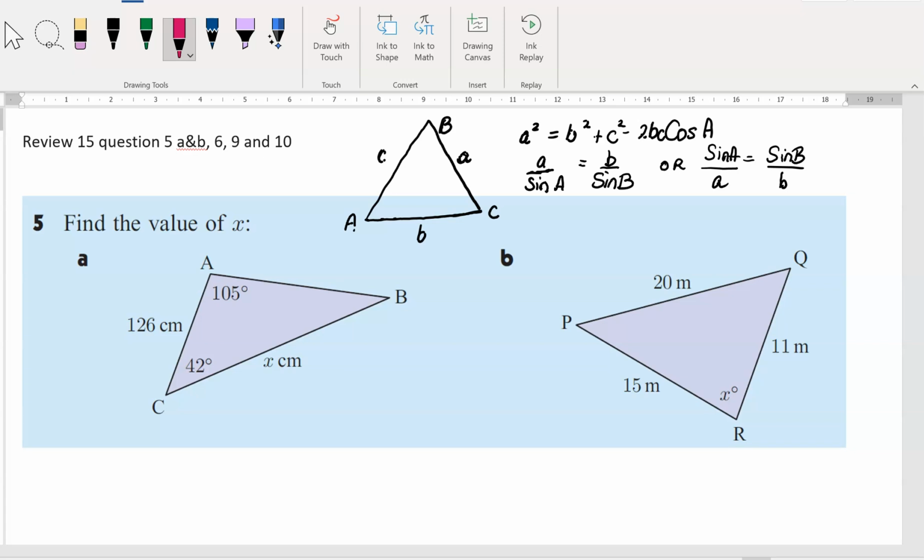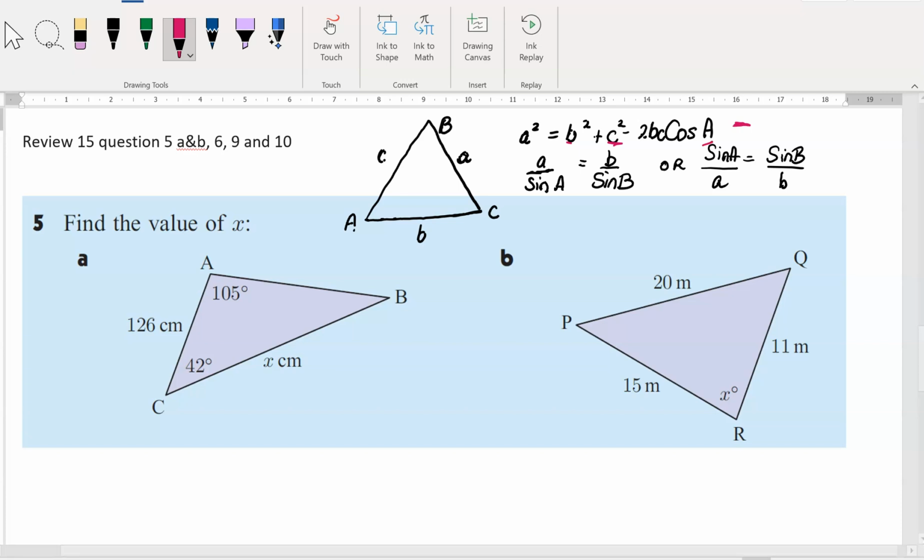Okay, so these questions with your non-right angled triangle stuff, I strongly suggest you go and look at the videos on the links that I put up for Macca's Maths. There's the sine rule, cosine rule, explained how to find the length, how to find the angle. So I'd look at those, but while you're here, when we look at the cosine rule,